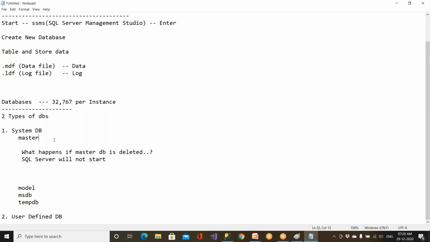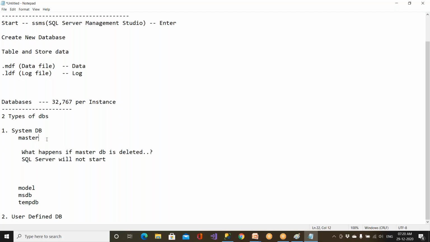So everything has to be monitored by the brain only. What is the insulin level it has to produce, right? So a lot of things it's going to be taking care of. A lot of configurations, right? A lot of body temperatures, your name, a lot of things it's going to be having. So if something goes wrong with the master database, completely you're gone. SQL Server is gone. Clear?